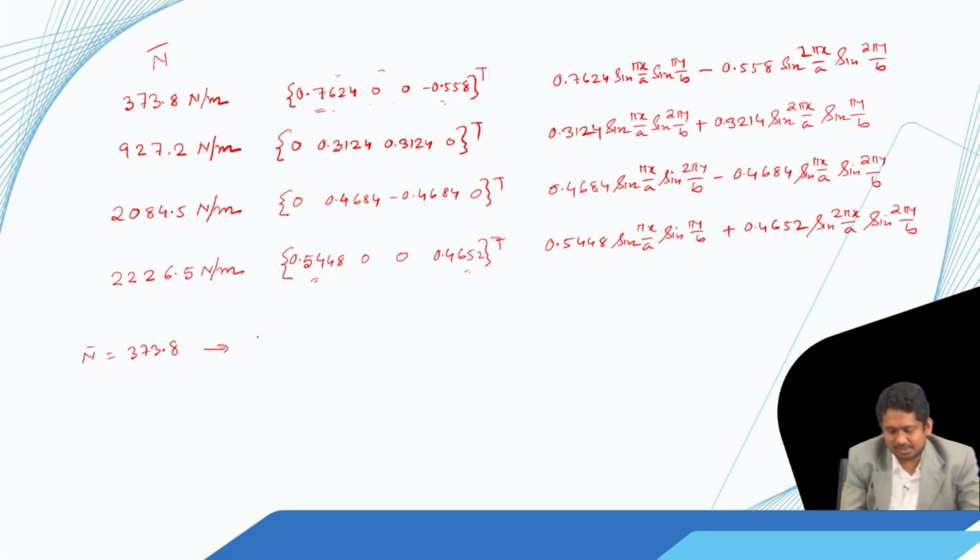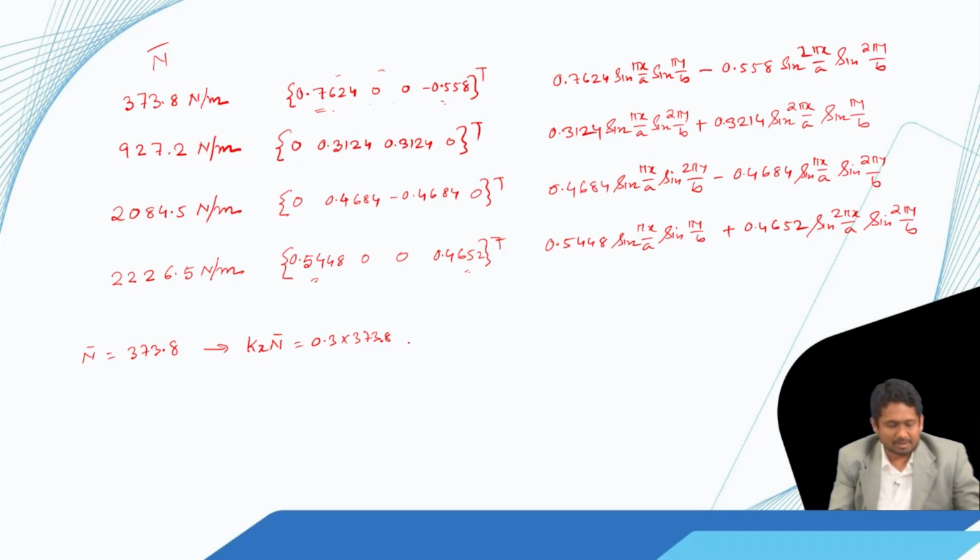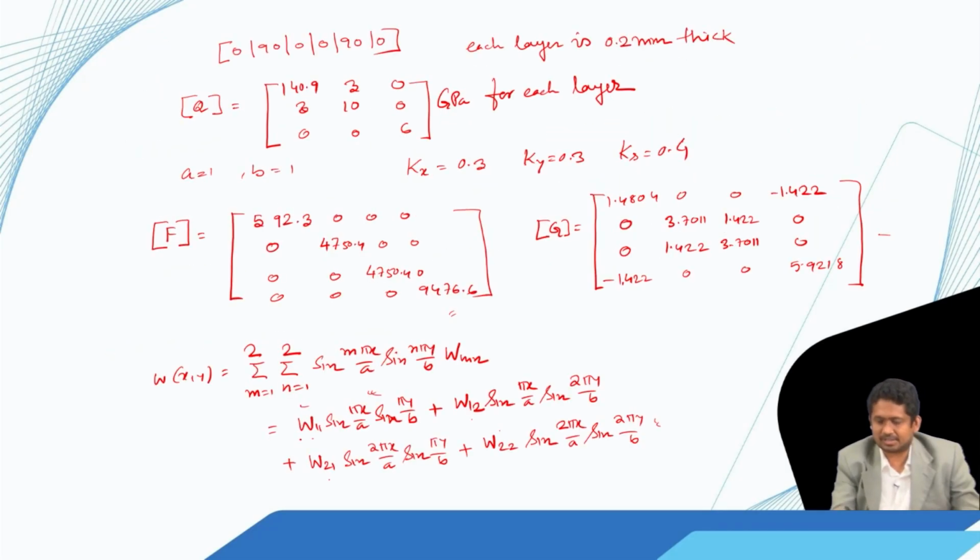So, this gives us kx n bar, that is the compressive load along direction x, equal to 0.3 multiplied by 373.8. We have said that in this exercise we have considered kx equal to 0.3, ky equal to 0.3 and ks equal to 0.4,